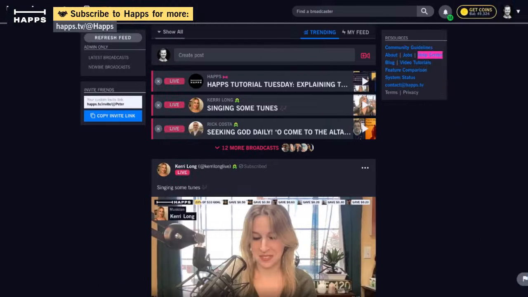So as you can see here, Peter has already highlighted where in the website you can find the Help Center. So if you go to your feed, you'll see that it's in that top right hand corner under Resources next to Community Guidelines, About, Jobs, and Help Center. So if you click on Help Center, which my handy dandy assistant will do now,